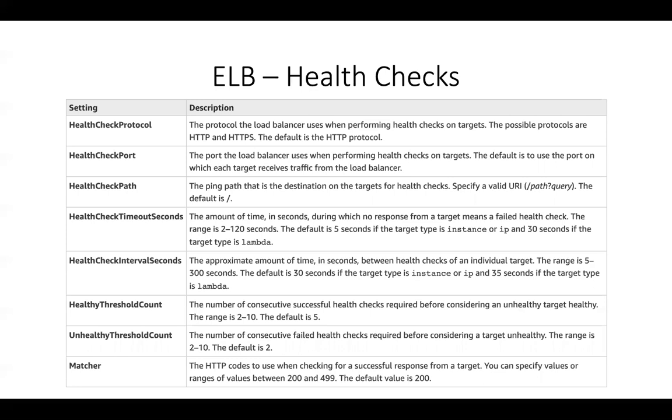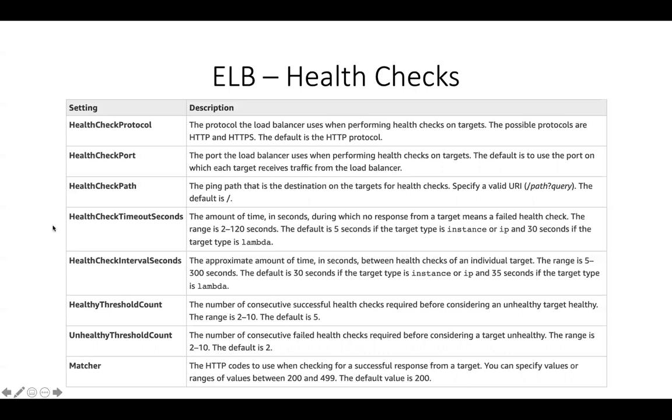So I might wait 10 seconds between health checks. And the timeout mentions how many seconds I have to wait in order to get a response from the target. When a health check is happening and I get the response within the timeout, say 2 seconds or 3 seconds, that's great. If I don't get the response within the timeout seconds, that means it's going to be a failed health check. And if it continuously fails the 2 or 3 health checks that you specify, then it's deemed as unhealthy, right?